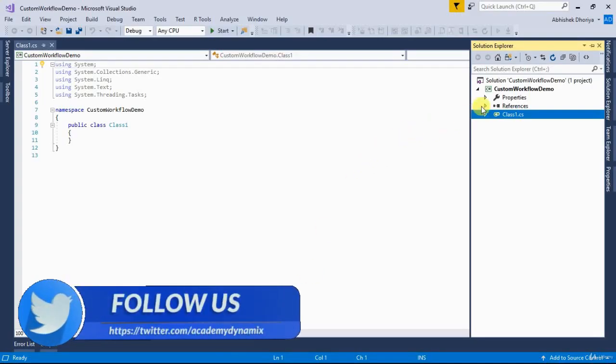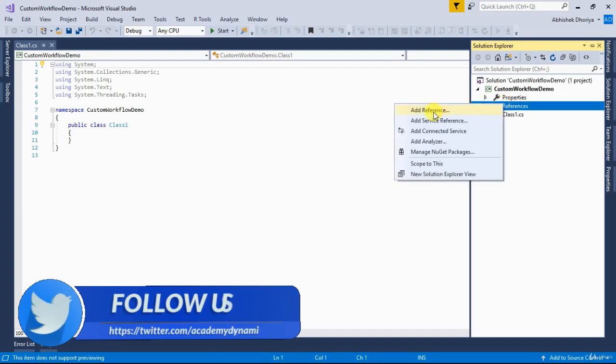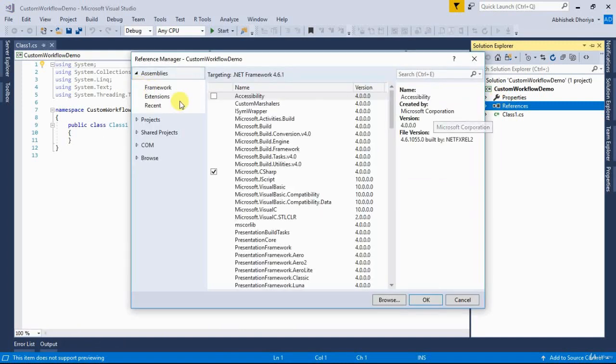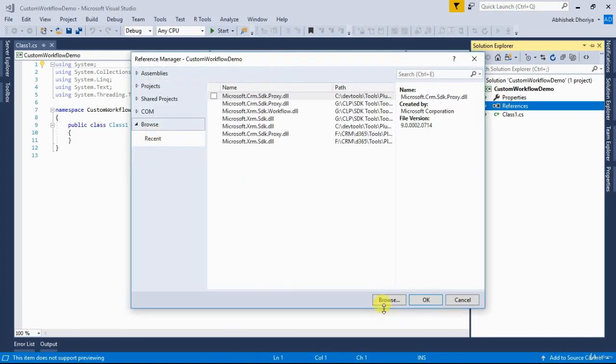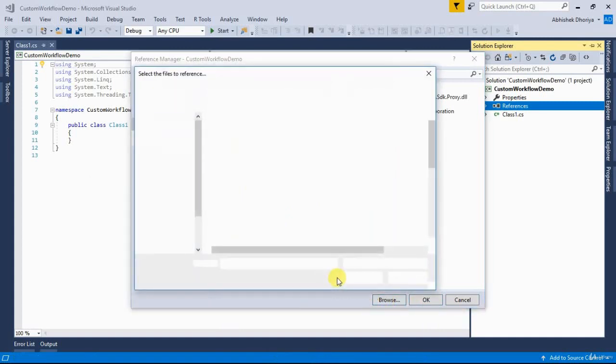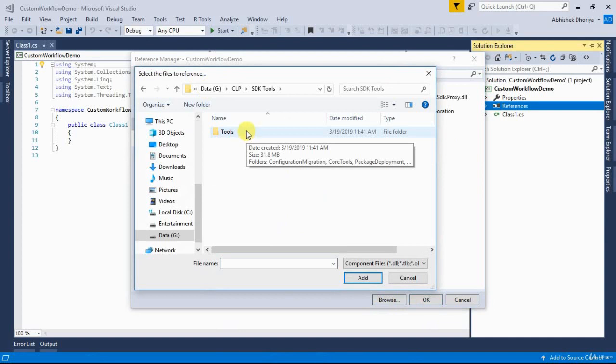In order to add references, you have to right click References and click Add Reference. It will open this Reference Manager dialog box, and in the Browse tab you have to navigate to the folder where you have downloaded the SDK. I have downloaded my SDK in this folder.